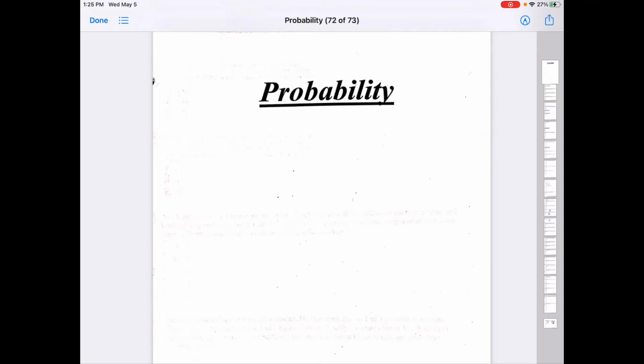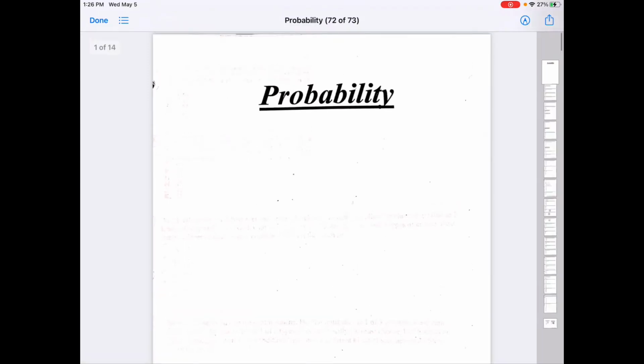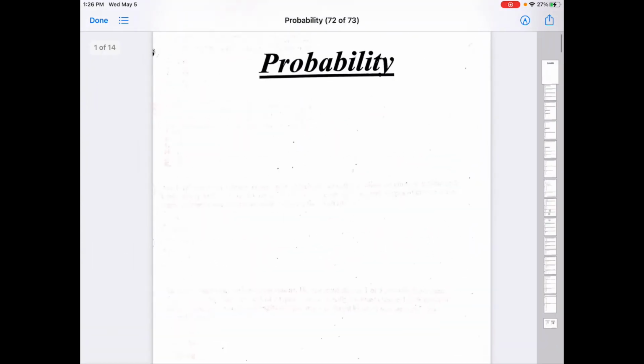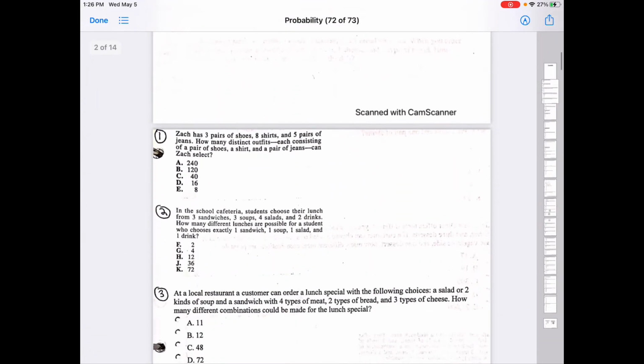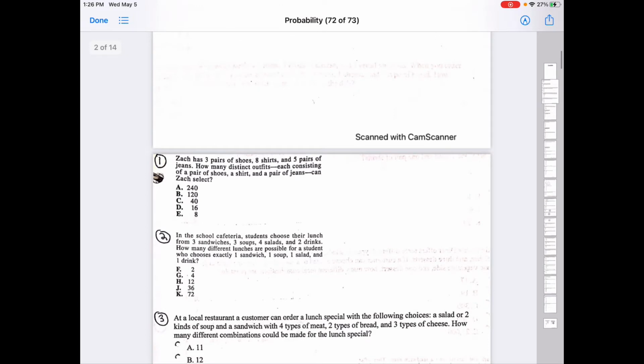Alright, we're going to go over the probability packet that I just posted. I'm going to go over several of those questions to get you started. And on this packet, numbers 1 through 8,